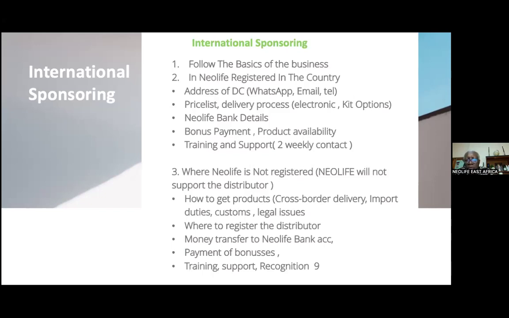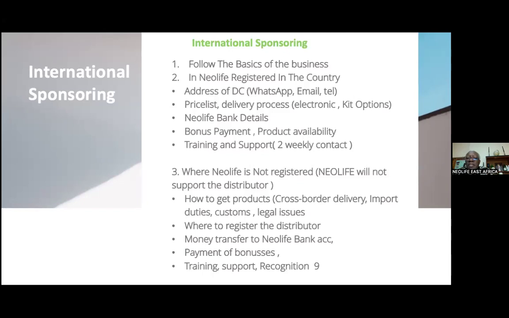So you need to think about foreign exchange issues. Then they can order the kit or the products. The money has to be deposited in Neolife, where they are registered. As the business grows, Neolife will not send money to a country where they are not registered.